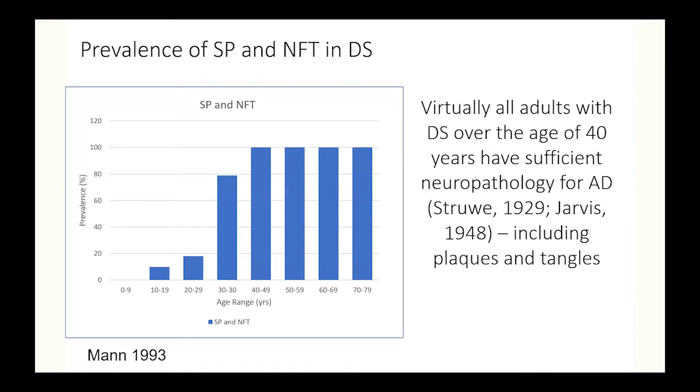And so that raises some interesting questions about, well, we have an overexpression system, but we're not seeing plaques really accumulate till about 30. So something good is happening for many decades that they can turn this A beta over and it doesn't accumulate. But something breaks in around the 30s and those plaques start to hit. And then that goes for probably almost 10 years until something changes again and the tangles really start to kick in. So if we want to understand what's contributing to all these different processes, we can look at this as a function of age in people with Down syndrome, whereas we cannot do this in the general population because the age of onset of AD is quite variable.